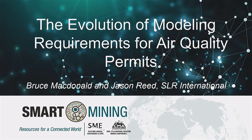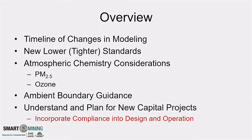We are really going to be focusing on what we call the evolution of modeling requirements for air quality. Evolution may be a polite word for smashing up and starting over again or making changes. But in this case, it really is a change of what was done and what will be done. So we're going to look at a timeline of some recent changes, all the way back to 2010,